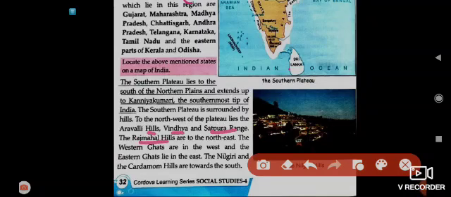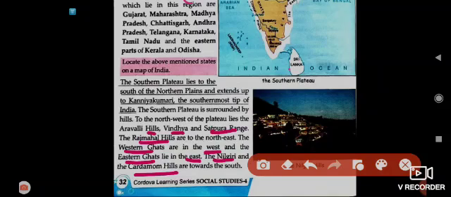The Rajmahal Hills are to the northeast. The Western Ghats are in the west. The Eastern Ghats lie in the east. The Nilgiri and the Cardamom Hills are towards the south.